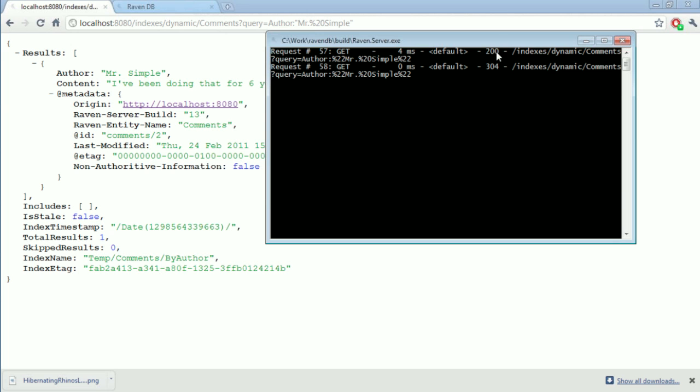By the way, the reason that we have two items here is that for some reason we get two requests from Chrome, and I never actually bothered to figure out why. So queries are cheap. Repeated queries are even cheaper, because we don't have to perform any sort of work whatsoever. And the next step is to think about modeling.